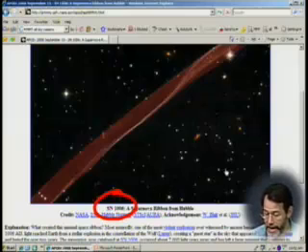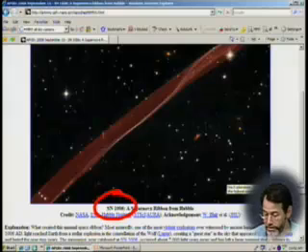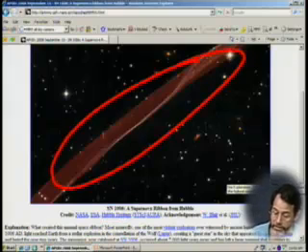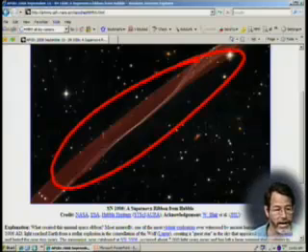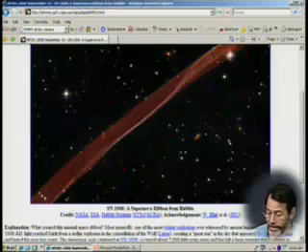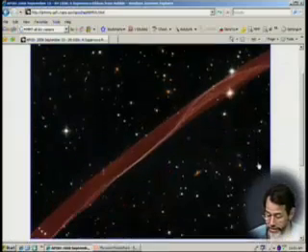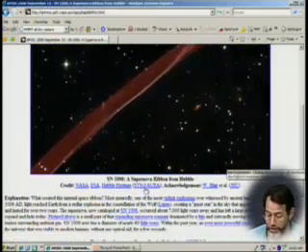And then it faded. What we see now is a much larger supernova remnant, and part of that remnant is this shock front moving out. The shock front looks like an unusual ribbon on the sky. We like the cool and unusual here at APOD, so we highlighted this. It was taken by the Hubble Space Telescope as part of the Hubble Heritage Project.